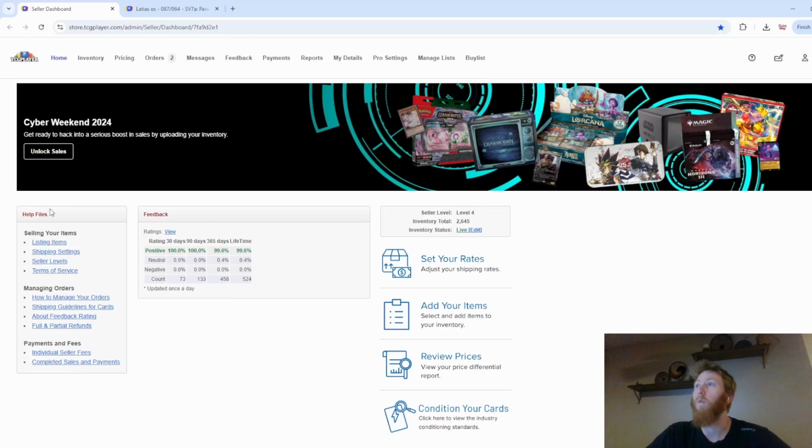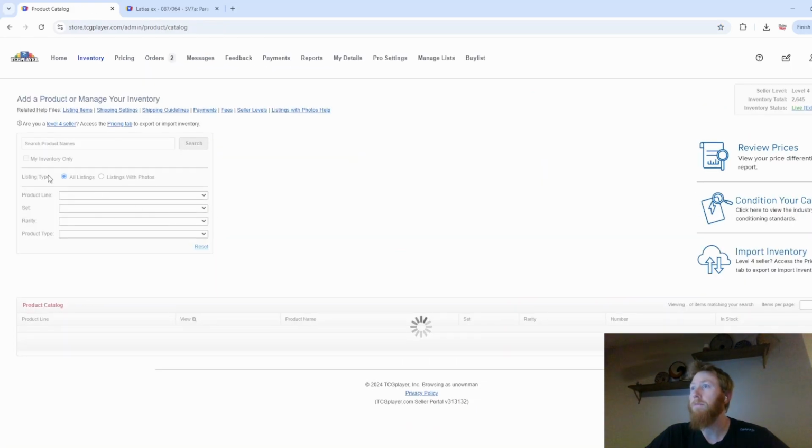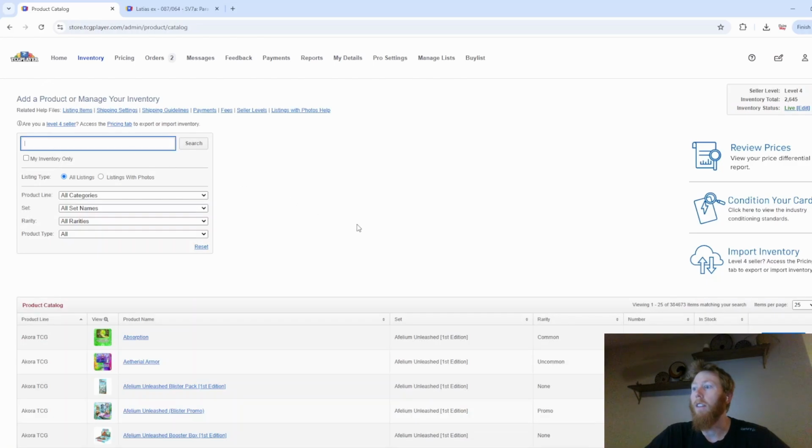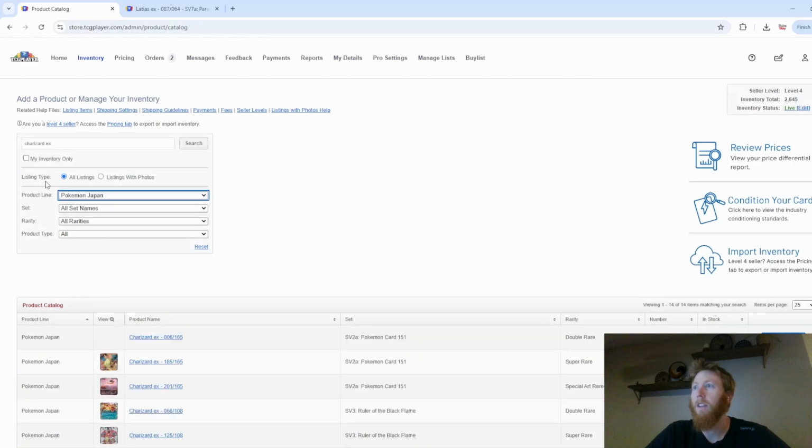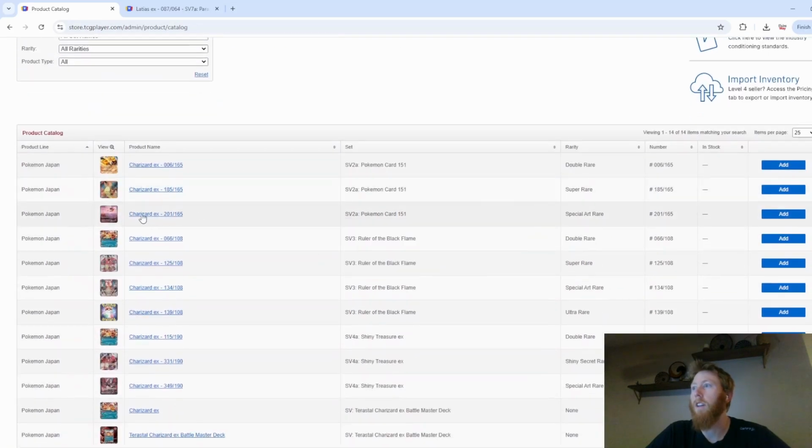So the way that I've had to do it is I'll come over here to inventory, and then maybe I want to list a Charizard EX from Japanese 151. You select the product line, and instead of Pokemon, you go down further to Pokemon Japan. You click that, now I can search for Charizard EX, and then here's the Charizard EX